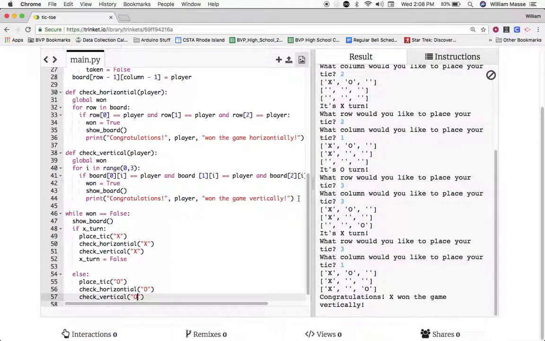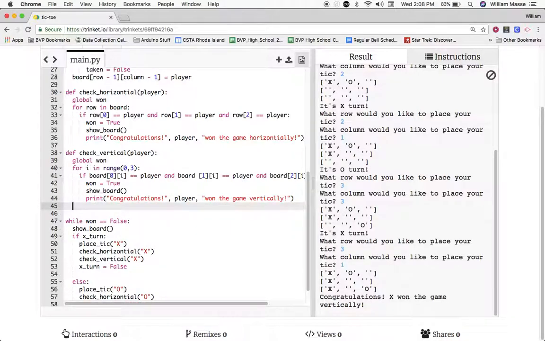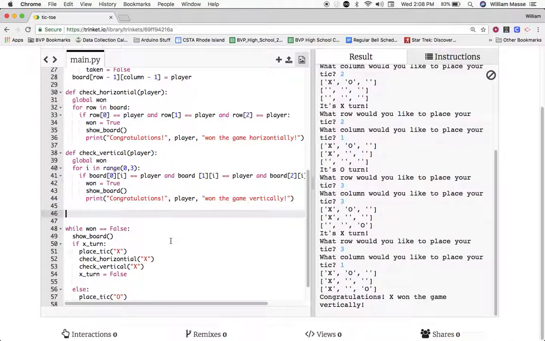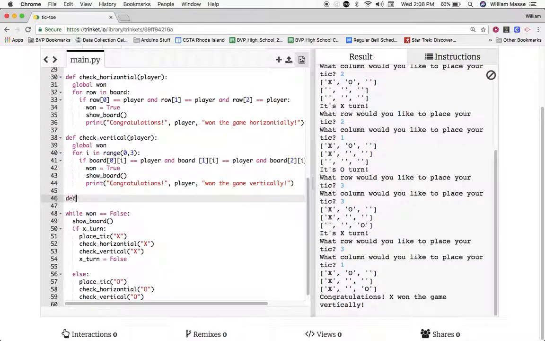All right, so all we have left is to check for vertical wins. Check for diagonal wins. And this is a little bit of work because we're going to type it all out. But for the most part, it's pretty simple. The code, again, is going to look almost exactly the same. So we'll call it check